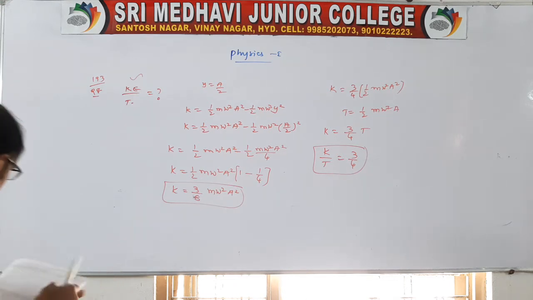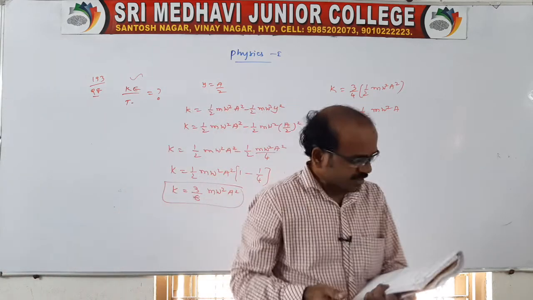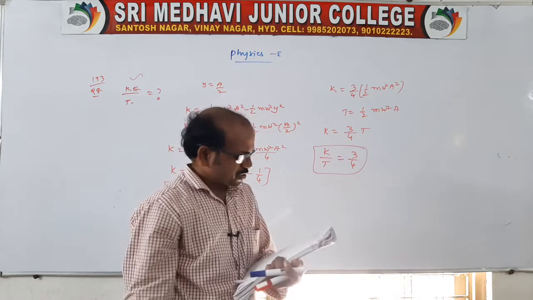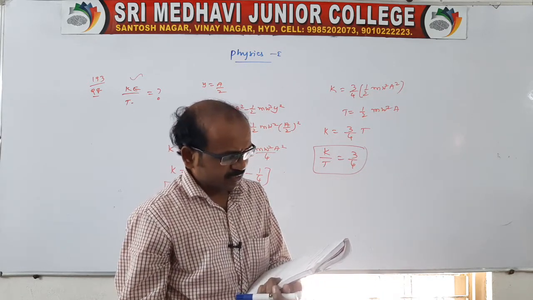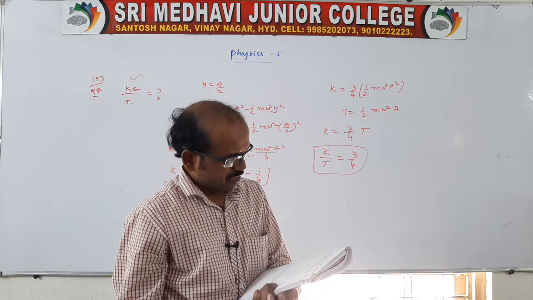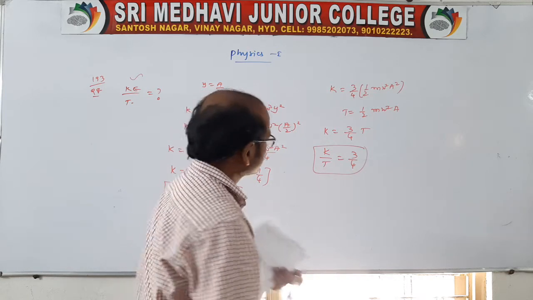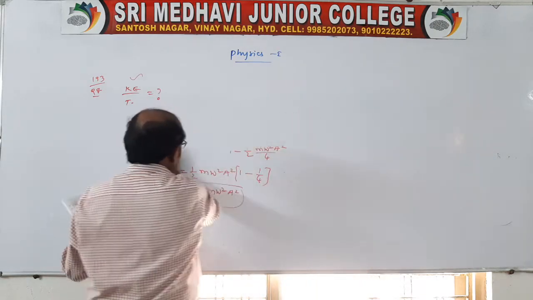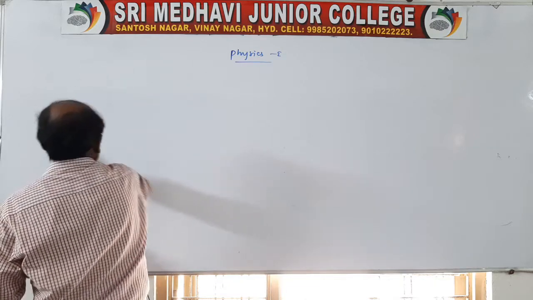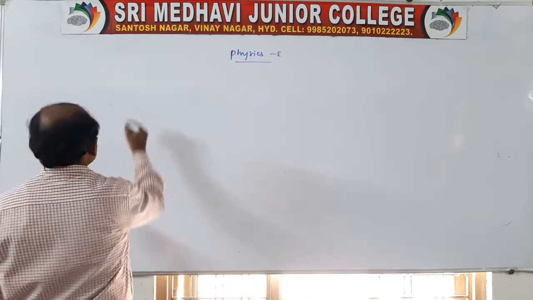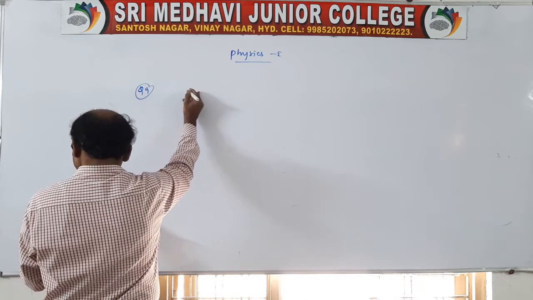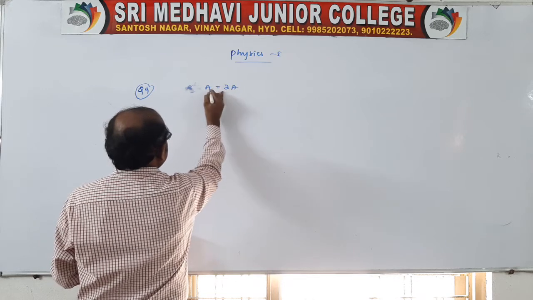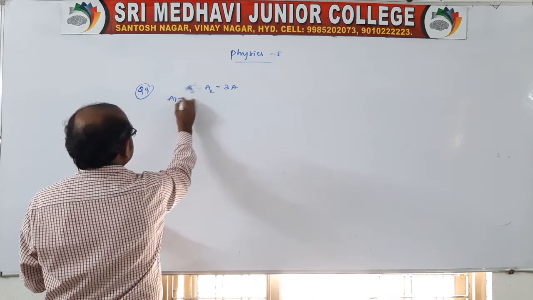So this is one question given like this, and here the 9th question is given on the basis of the same situation. It asks: what happens to the total energy of a simple harmonic oscillator if its amplitude is doubled? Here in question number 9, see, it is asking when the amplitude is doubled, that is A is equal to 2A. You say this is A2, but A1 you take as A.